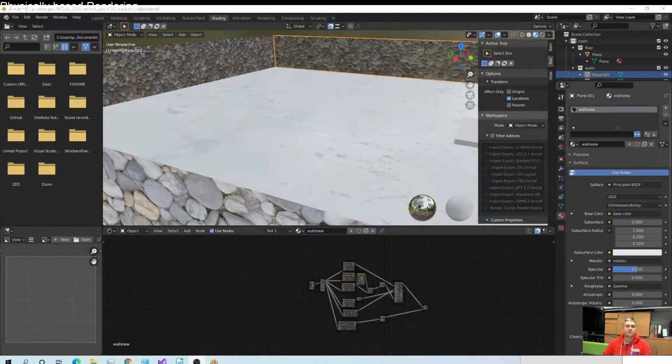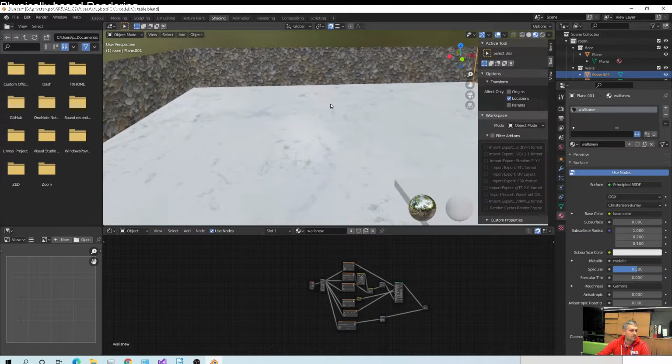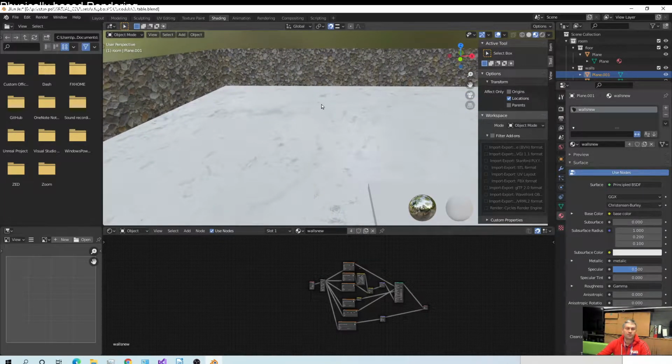Today we're going to be talking about physically based rendering. So what is physically based rendering? It's a way of describing how to see something realistic